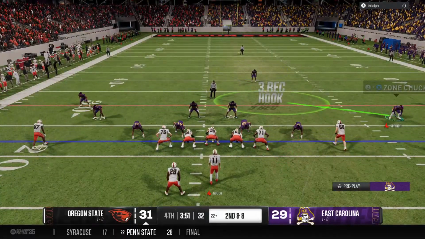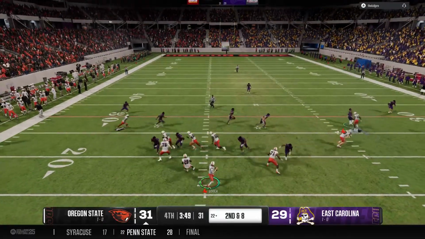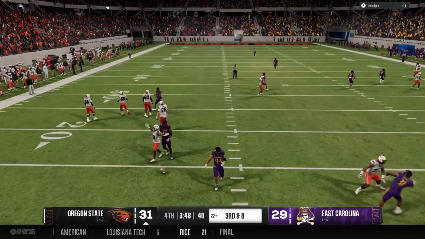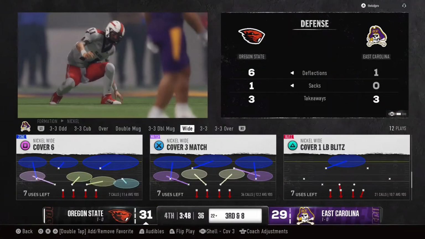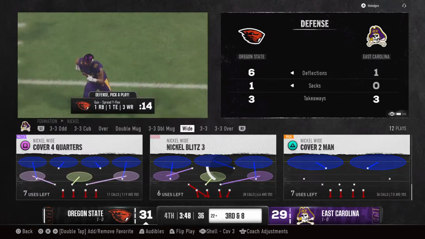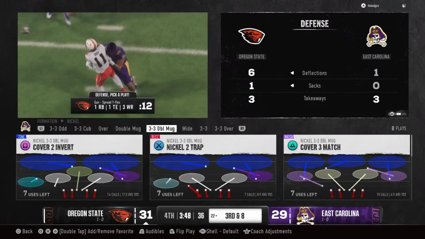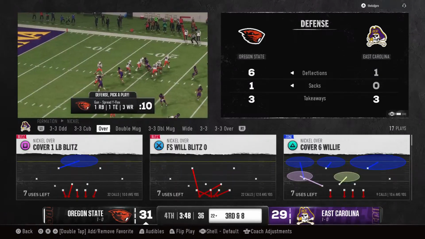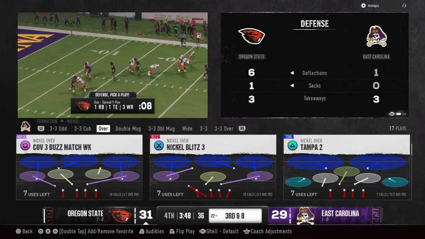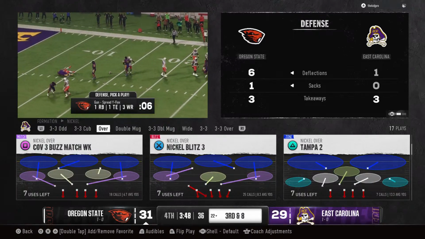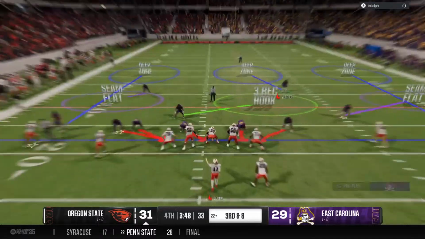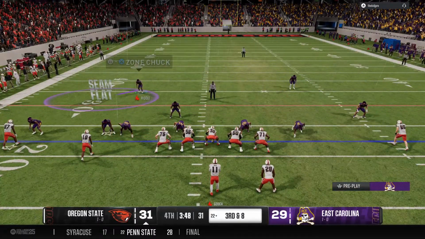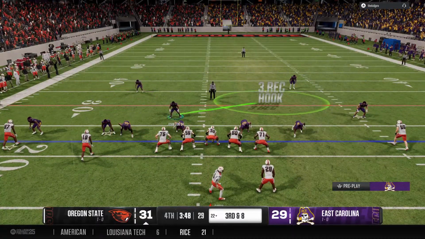After picking up a couple at 2nd and 8, he's looking to throw. And he was hit just as he was releasing the pass, and it falls to the ground incomplete. That's how you blow up the screen pass if you're on defense. You got to hit the quarterback fast and force the incompletion. The crowd elevating its energy, willing this defense to get a stop on this big 3rd down.